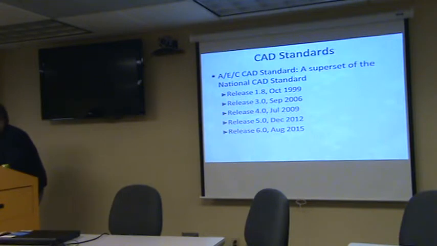The thing that people don't realize when it comes to the AEC CAD standard is you have to have a copy of the national CAD standard to make it work. So if you don't have a copy of the national CAD standard, go out and buy a copy. It's not that bad. It's like $300 for a copy. If you want a site license, I think it's $2,000. But if you're a Burns and Mac, $2,000 divided by 10,000 people is very cheap.